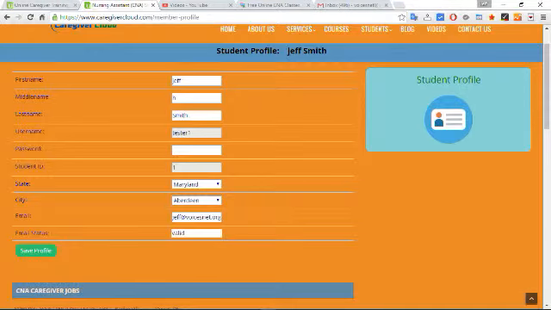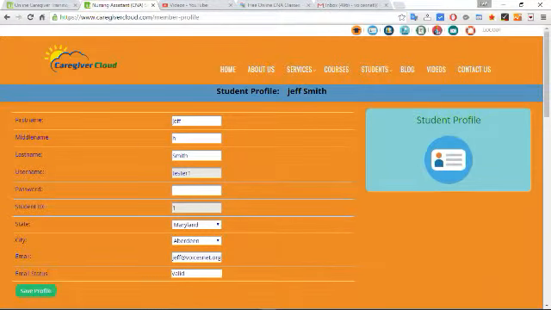It's fairly simple, just kind of basic demographics. They can change their password here if they want to. It gives them their user name. I'll also show you,